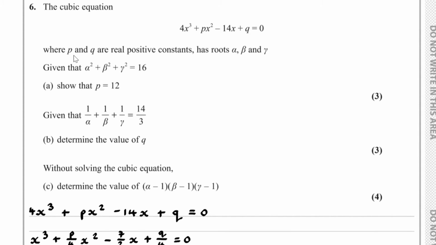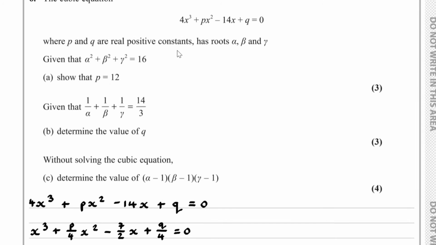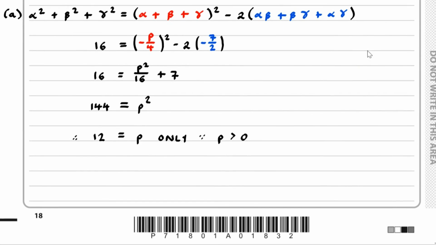And that's what we were told in the question, p is a real positive constant. And therefore, knowing what p is,